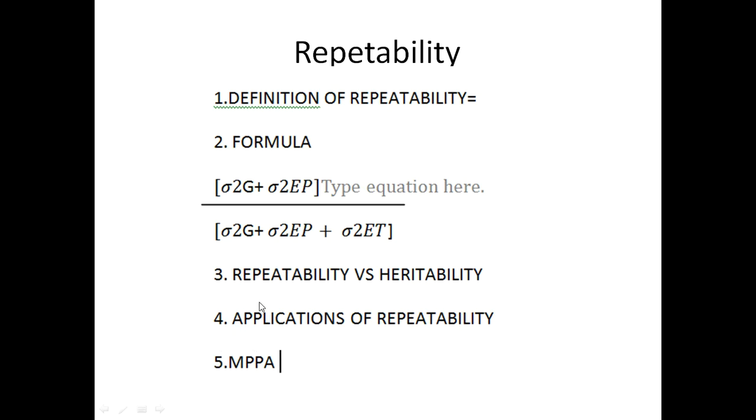So just now we discussed the four methods: heritability by regression, heritability by correlation method, full sib regression of offspring on mid parent, regression of offspring on one parent, full sib correlation, half sib correlation method. Now coming to repeatability, why do I discuss this repeatability over here? If you all remember, repeatability is used in case of repeated traits. Suppose we are measuring any repeated trait, in that case we go for repeatability. Suppose in case of a cattle having more than one lactation, we find repeatability. Suppose in case of sheep with fleece yield, we actually talk about repeatability.